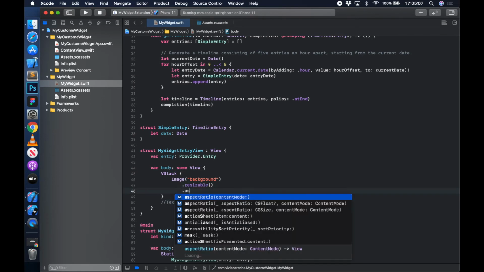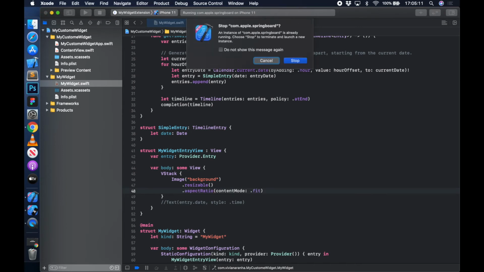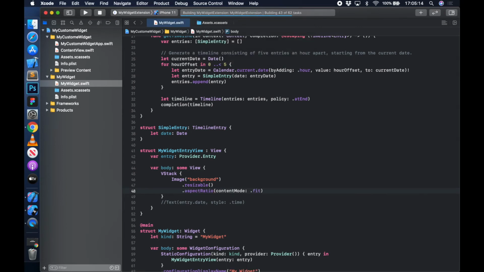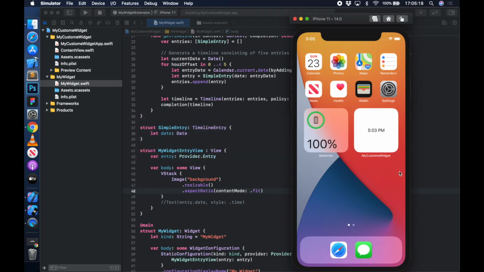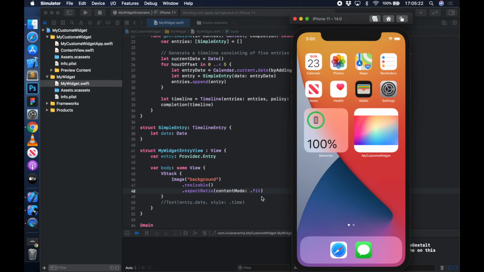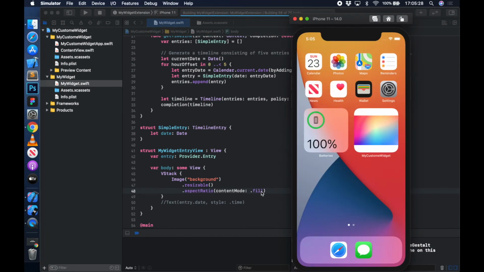So I'm going to just say aspect ratio fit, and if I run this right now, I'll have the image set up as a background for my custom widget. So I'm going to run it, and there you'll see. Now you can set it to fit or fill however I want. If I do fill, it will probably fill the entire space that I have. There you go, it looks better.